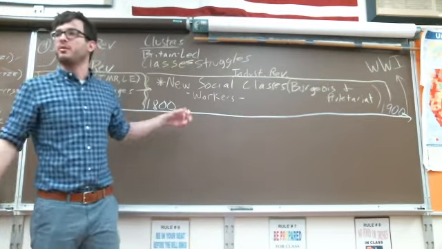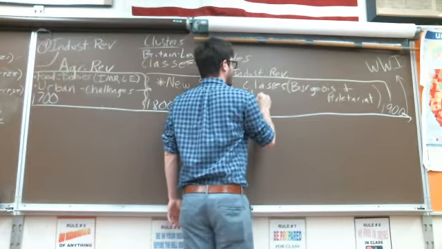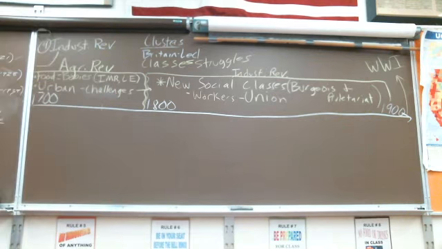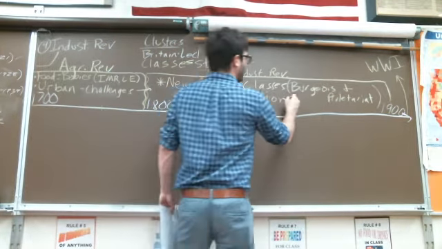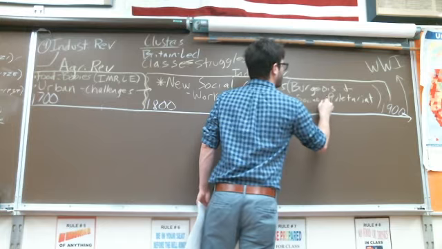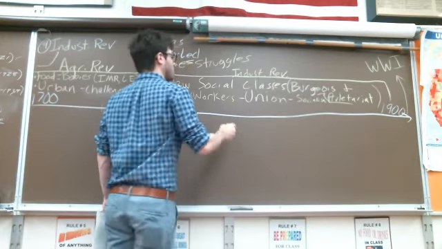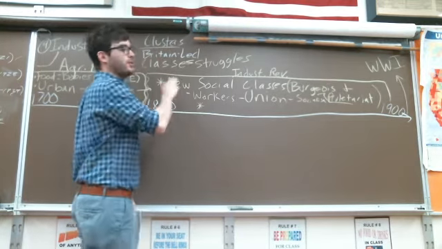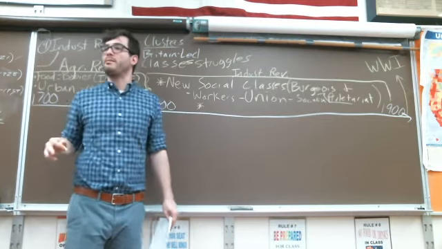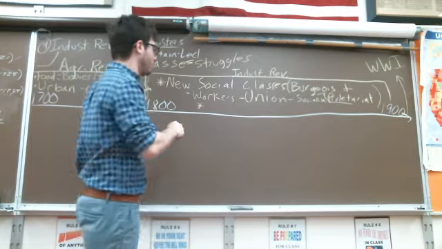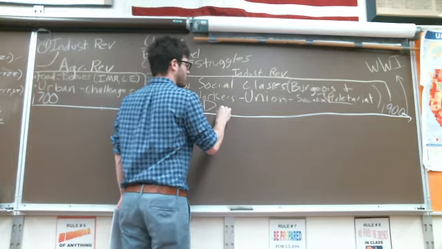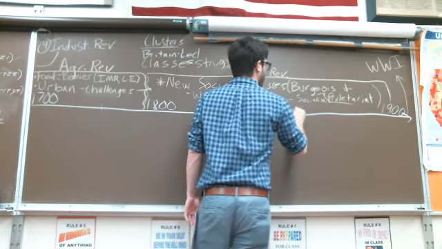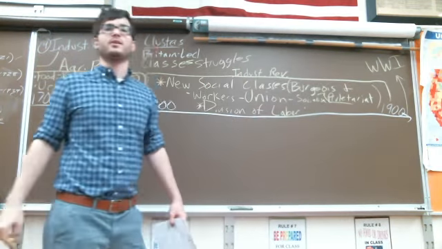And when workers get together and want power, what do they do? Union. Okay? Union. We'll talk about socialism in the next unit. One good thing I want you to put down here. Workers form unions, and then we see socialism. What do we call these new social classes? How does Marx describe them in his Communist Manifesto, even though it's an older term? Division of labor. Write that term down. Division of labor.